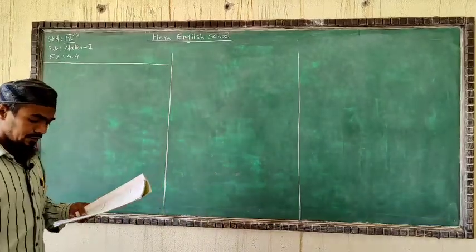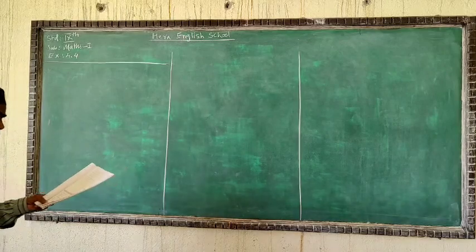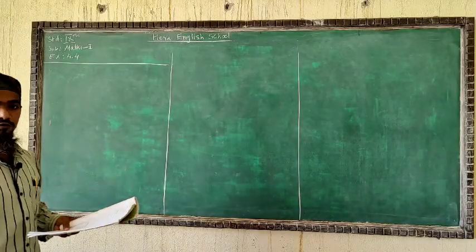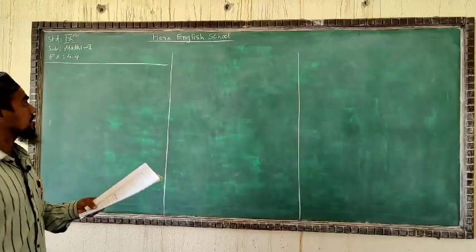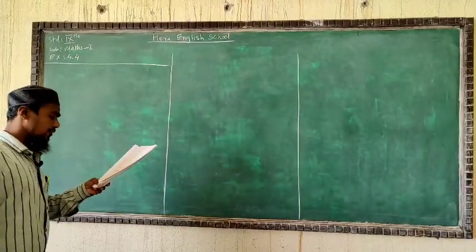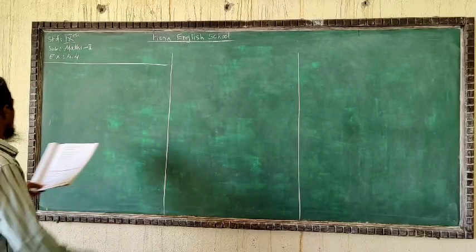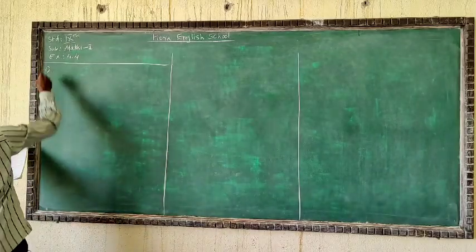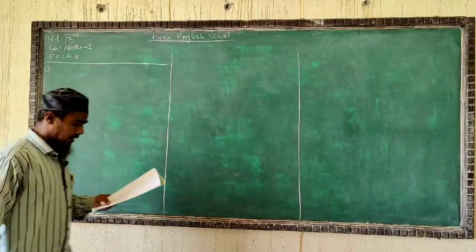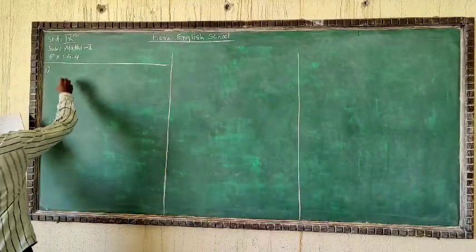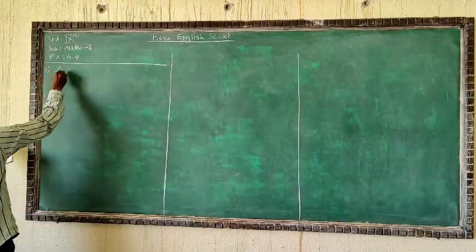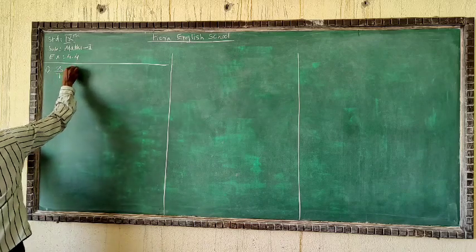Students, in my last lecture, we have seen exercise 4.3. Today we are going to continue with exercise number 4.4. The first question of this exercise is fill in the blanks. I am explaining the first question. Given: x upon 7 equal to y upon 3